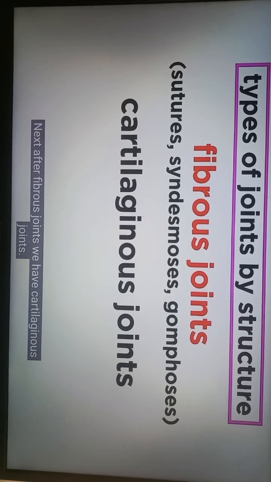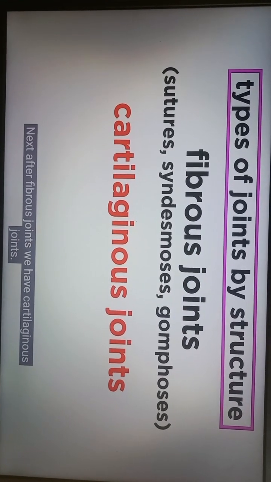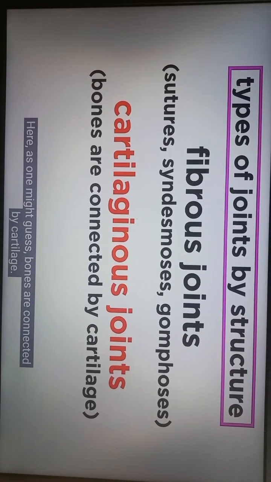Next, after fibrous joints, we have cartilaginous joints. Here, as one might guess, bones are